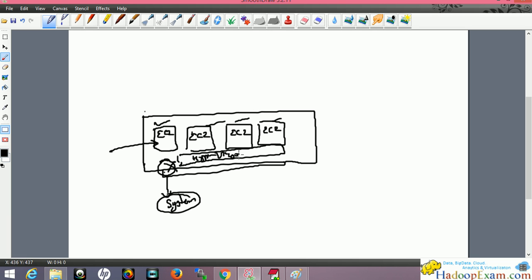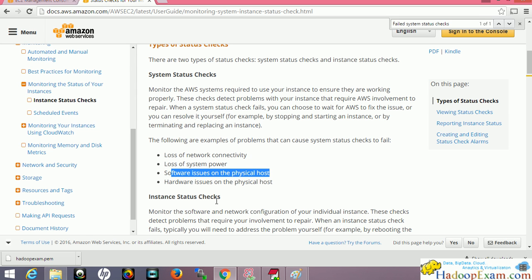So there is some issue with the hypervisor or a hardware issue with the physical host. This all comes under the system status check. There are two types of status checks: system status check and instance status check. That is very important to remember.